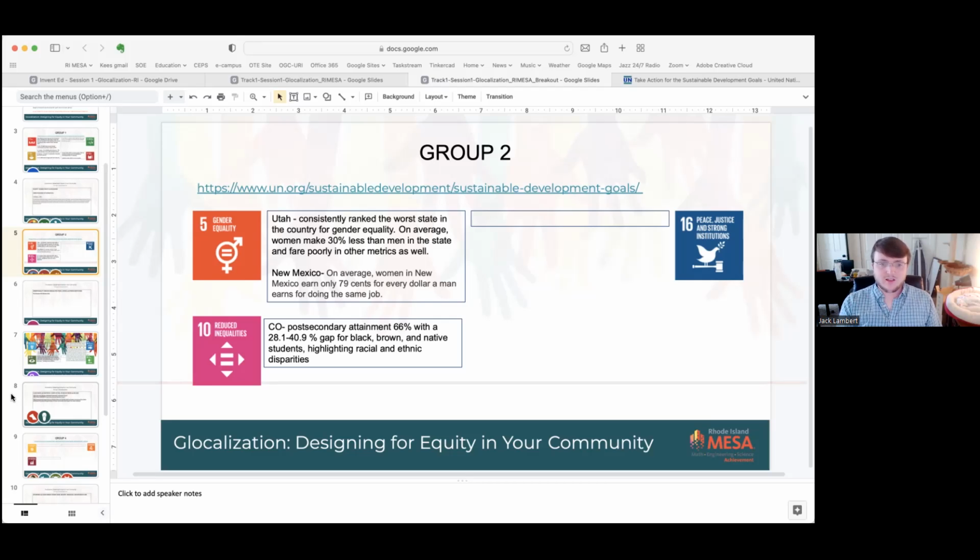And it's a bit better in New Mexico. I'm not sure what that is relative to the national average, but it's still not anywhere close to where we want to be, just generally. And then going over Colorado as well, there's a pretty significant gap between students of color and white students, as given by the data listed there.